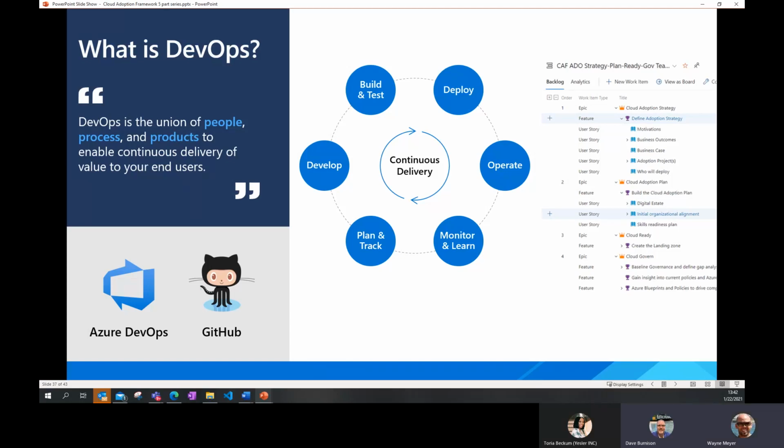Boom, you are absolutely spot on. And I think that point around people is critical. That's why, when we take this back to the adoption framework, in that whole front end around strategy and plan, where I see customers really getting bogged down is on organizational alignment. What does our organization of the future look like?